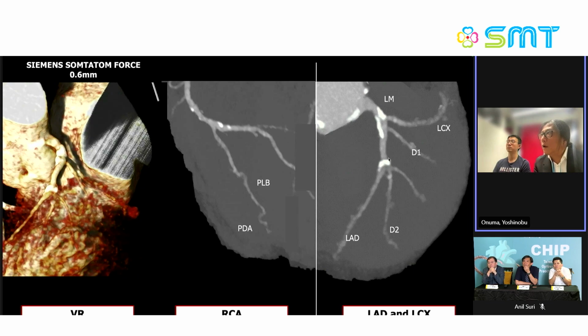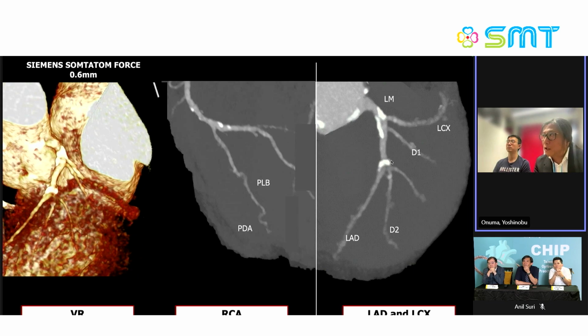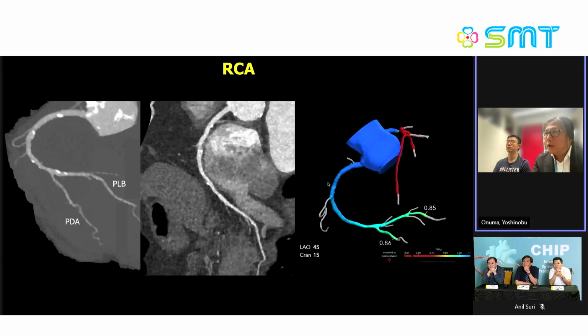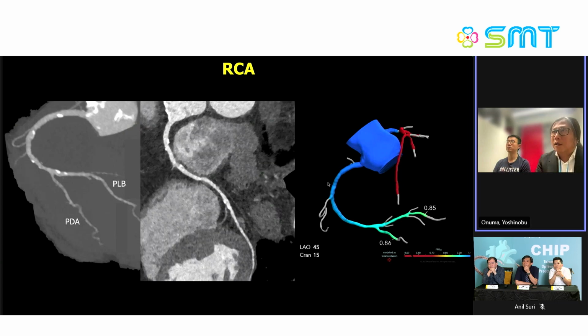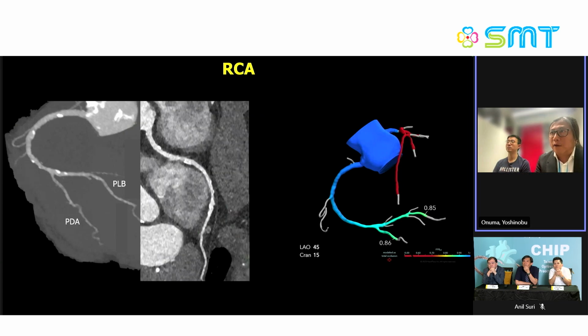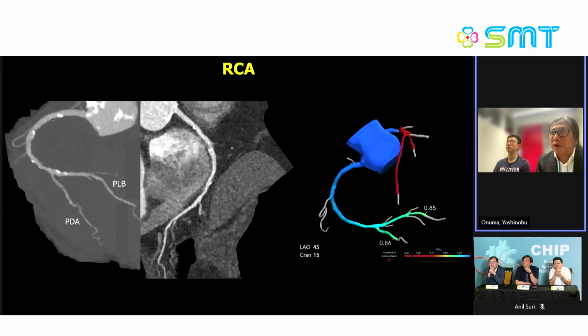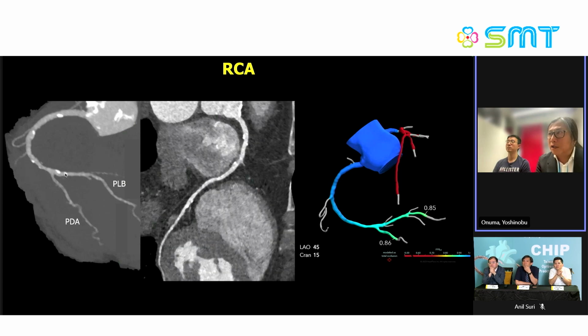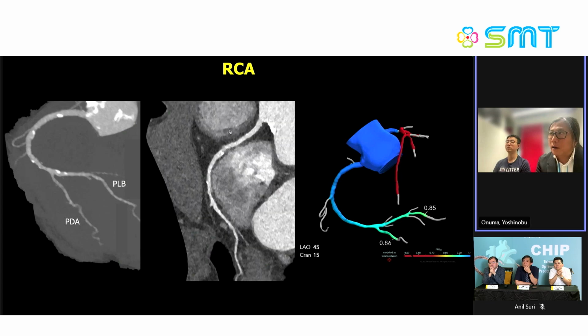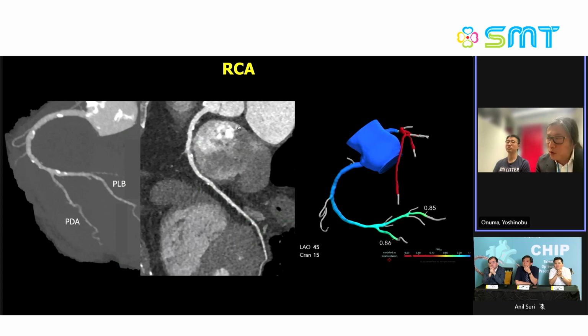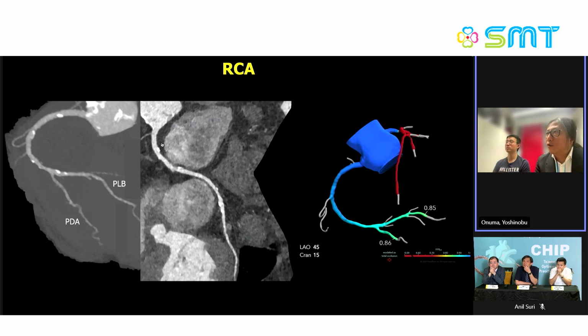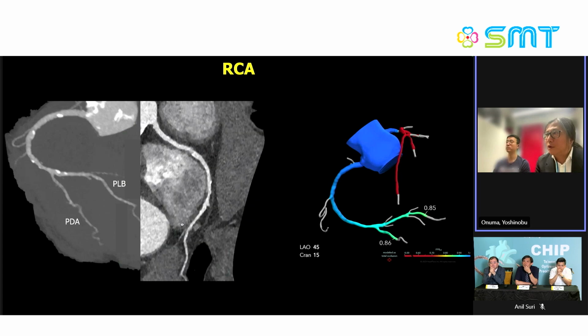And there was another calcified plaque in the mid LAD. If you look at the right coronary artery, there were, I think, 4 or 5 spots of calcium along the artery, but none of them are significantly stenosed. You can see the lumen very clearly up to the end of the